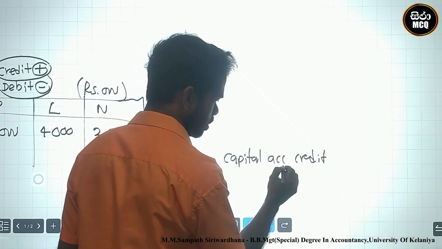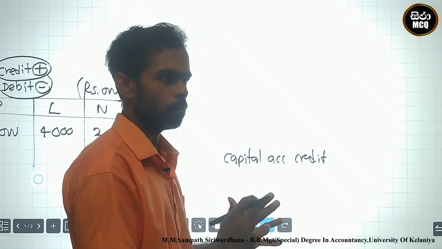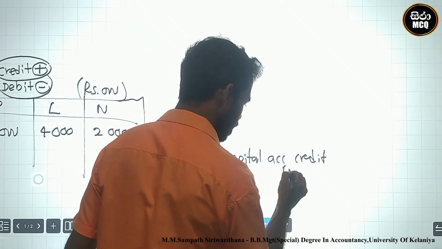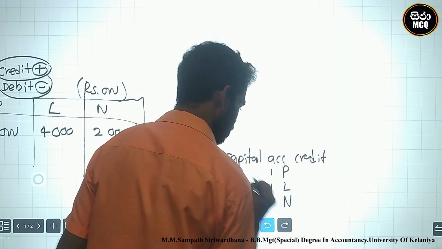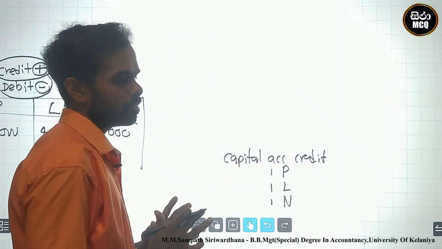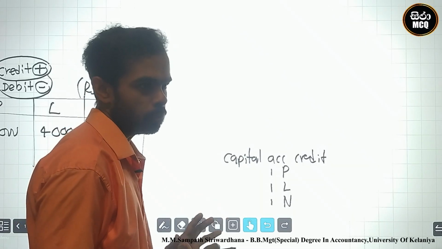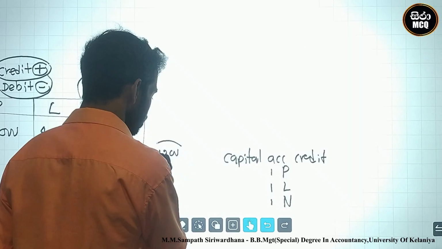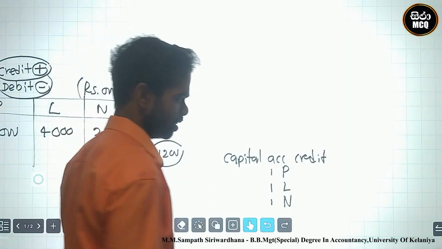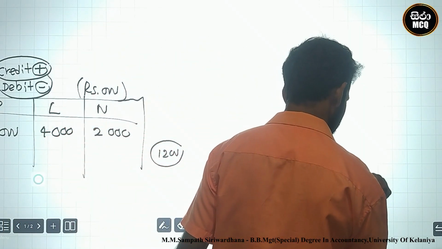What are the partners? All partners are PL, Lal and Neil. What is the ratio? Equal. Okay, goodwill was 1.2 million, 1200 divided in 3 is 400. Therefore credit 400